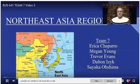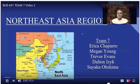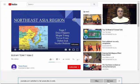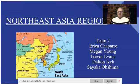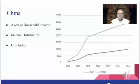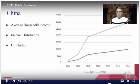Northeast Asia region, Team 7: Erica Shapiro, Megan Young, Trevor Evans, Dalton Isaac, and Sayaka Oshima. The average household per capita income in China is $8,153, which is small compared to the United States, which is $58,000. There's a large discrepancy between income classes in China. Also, there's a high level of income